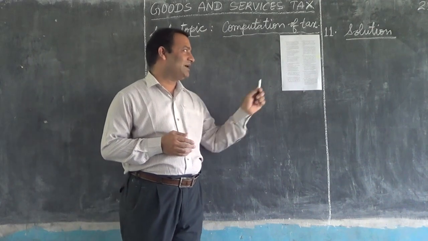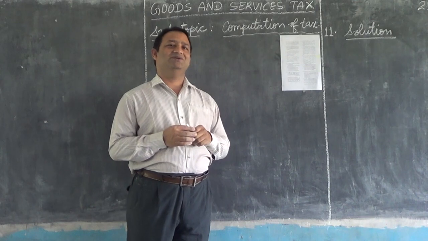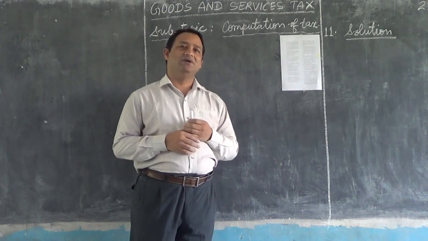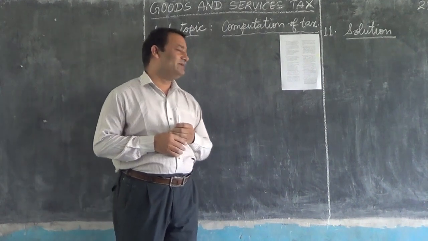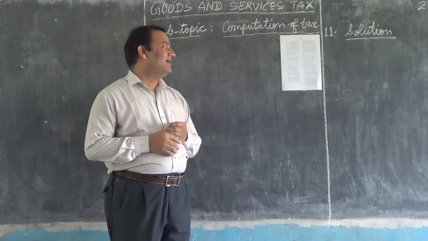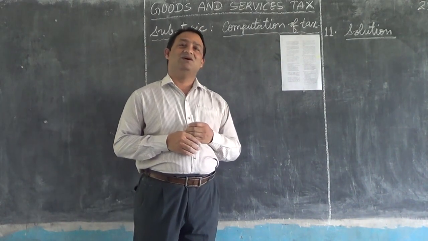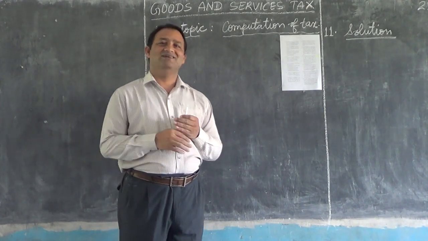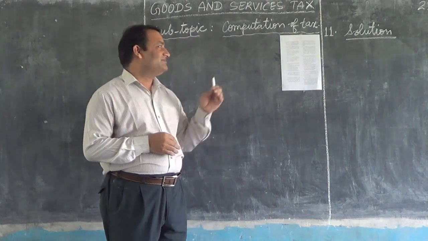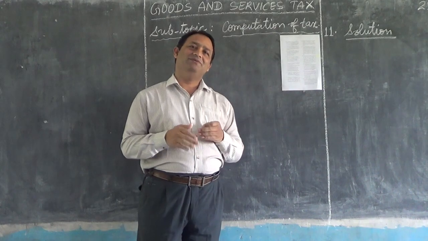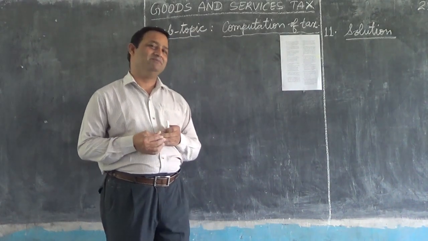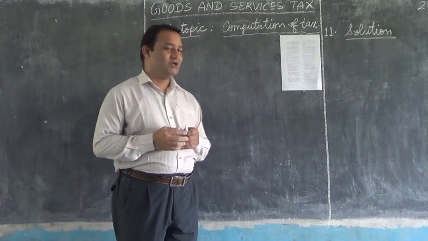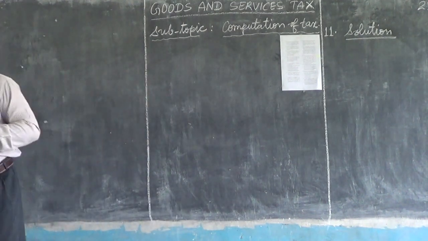I hope you have done that. I assume that you have done it, and with that assumption I will move to question number 11. There are 3 more problems where we will learn how to compute the tax, or, when the tax is given, how to compute the cost price, that is, reverse problems. After these 3 problems we will move to some other type of problem, that is, problems involving discounts, rebates, such kind of problems. So let us read the question.